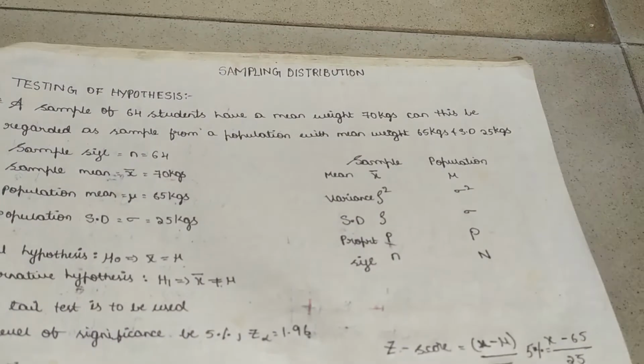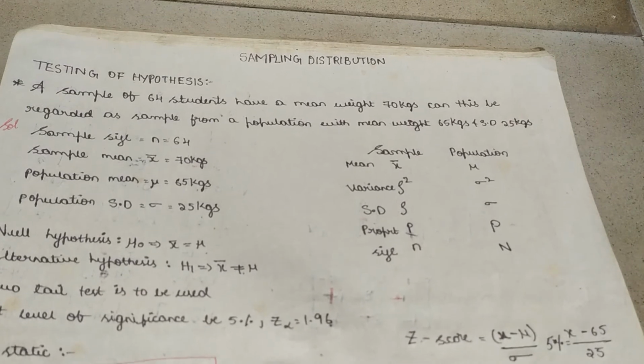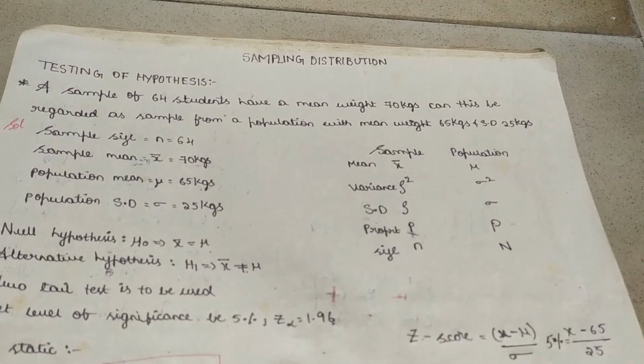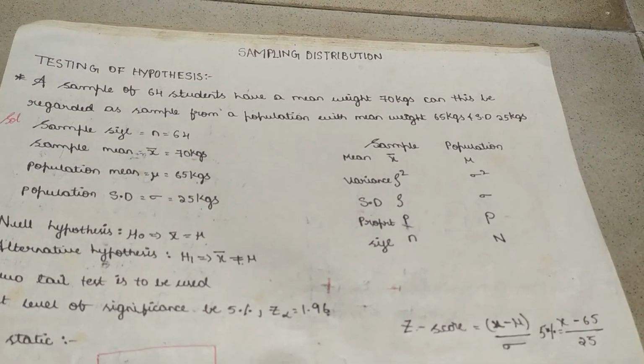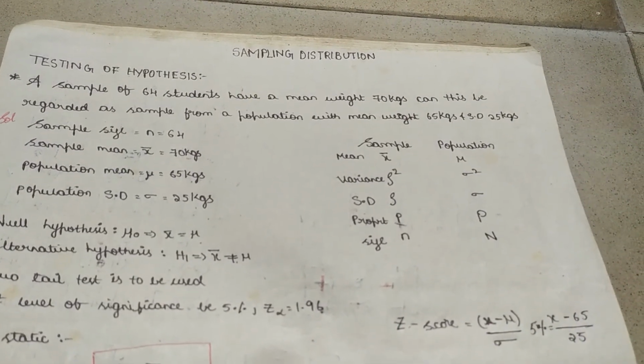So this is how to do the sums in sampling distribution. You have 4 models in this video: two models here and two models in the previous video. These are the main important models that you will get in your semester.